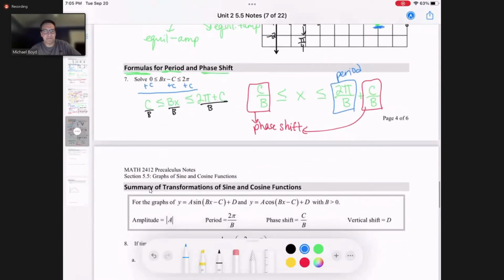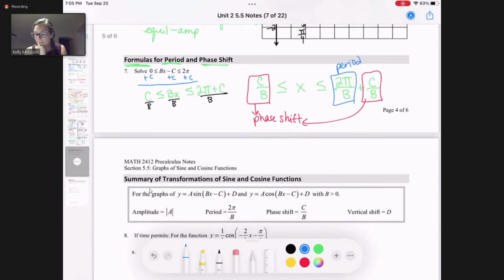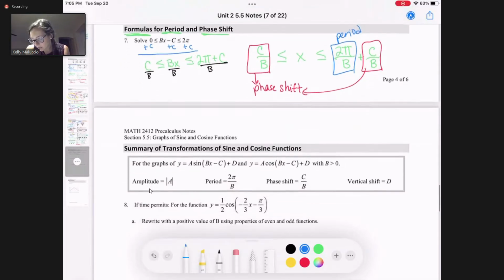Pretty cool. Yeah, it's nice, right? I guess it's not a bad formula to remember, just starting with 0 and 2 pi on either side. Now, here's where in this summary we can get into all the nitty gritty and remembering, if you really want to memorize these formulas and all of that, then you can, right? But if you read this summary here for these graphs,